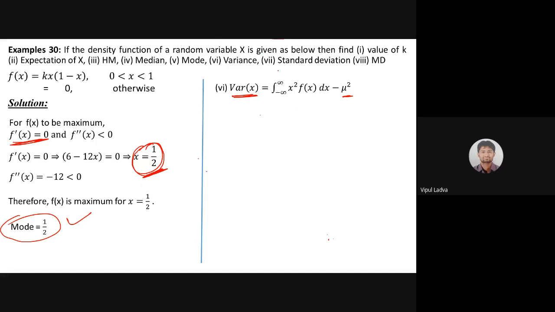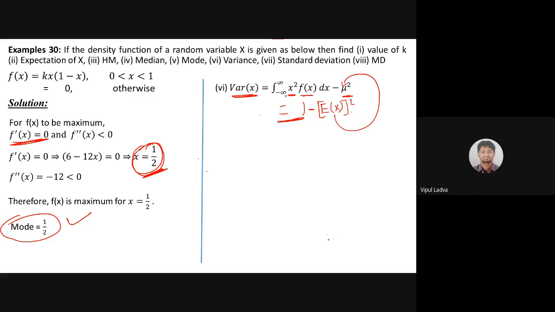But let's go for this integration x square f of x, is it? So for the x square f of x, ये क्या है फिर से एक बार बता दूं, this is nothing but E of X square, okay? As per the formula, variance is E of X square minus E of X the whole square. E of X माने कि mu, mu माने कि mean, जो हमने फाइंड कर लिया है. So E of X square, ये वाला टर्म की डेफिनेशन ये होगी, E of X माने कि mu, E of X the square माने कि mu the square, okay?